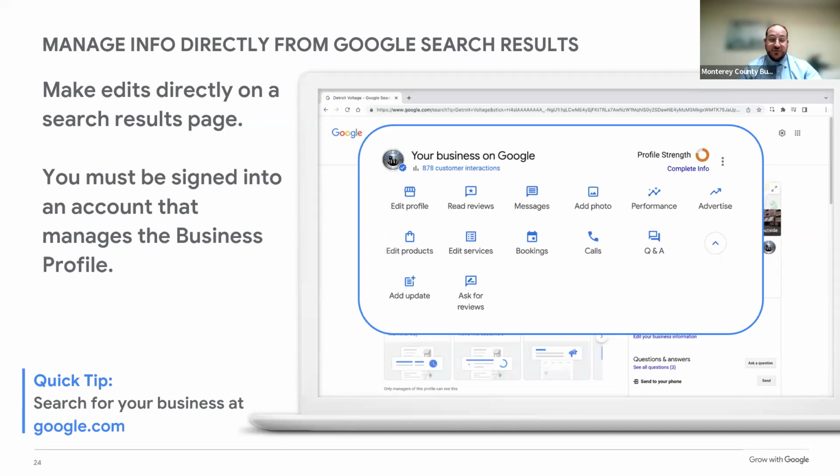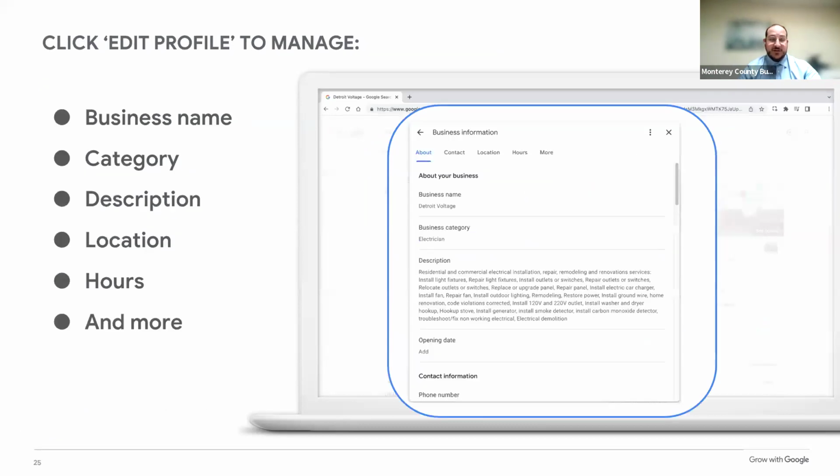So let's take a look into editing your business profile and what that looks like. Clicking edit profile lets you access and update basic business information like business descriptions and your hours of operation. To make edits, you hover your cursor over the area you want to change, and the pencil icon will appear. Clicking the pencil icon allows you to make edits and save changes. Always double check your business name is spelled correctly and review the business category. You can add up to 10 categories, like I mentioned previously, if your business offers more than one service or a mixture of